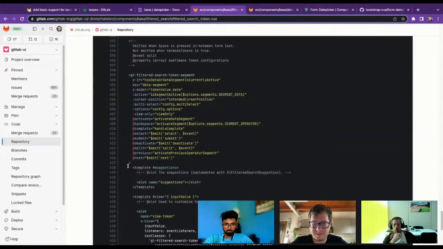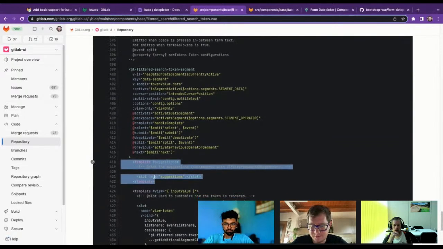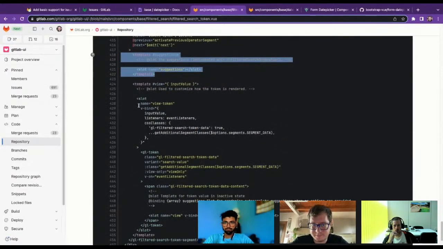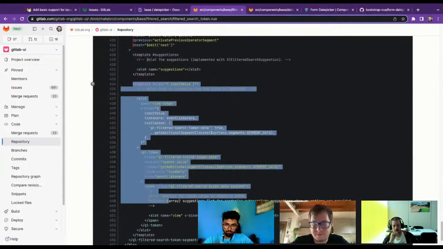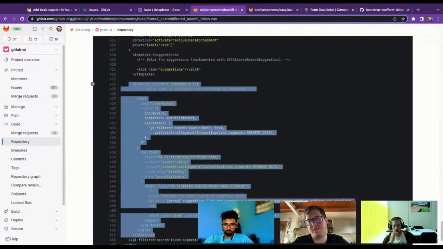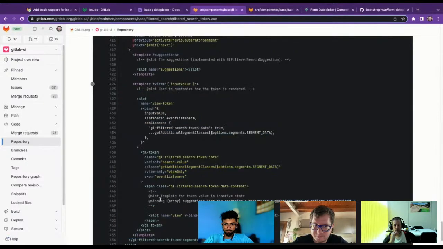So this is the sort of drop down, so to speak. Then we've got this, which I guess is the display value. Yes. I tried to template the view, and that's the value that's shown on the segment after you submitted a value. So like if you have a customer ID, you convert that to the customer name. I thought I saw something that suggested you could do something whilst it's in action. There you go. So this is in its inactive state,